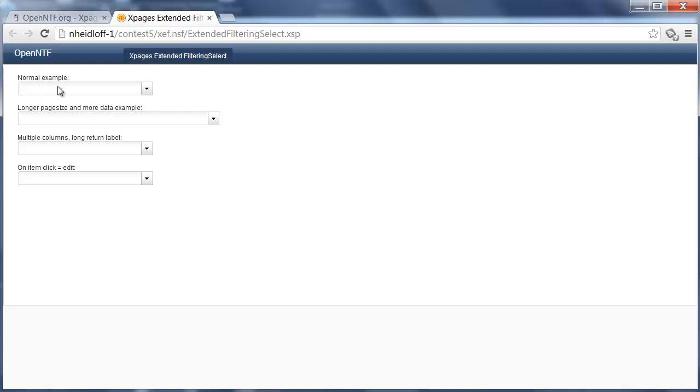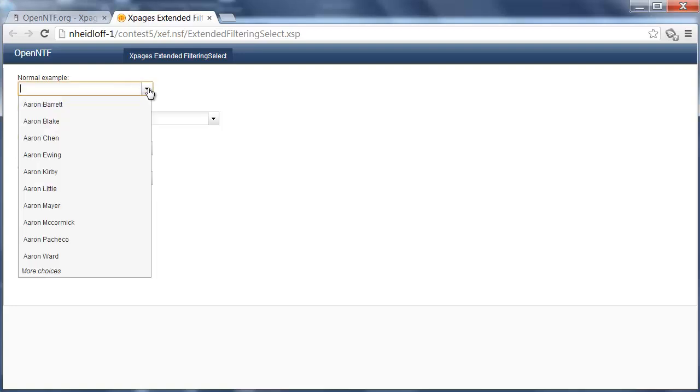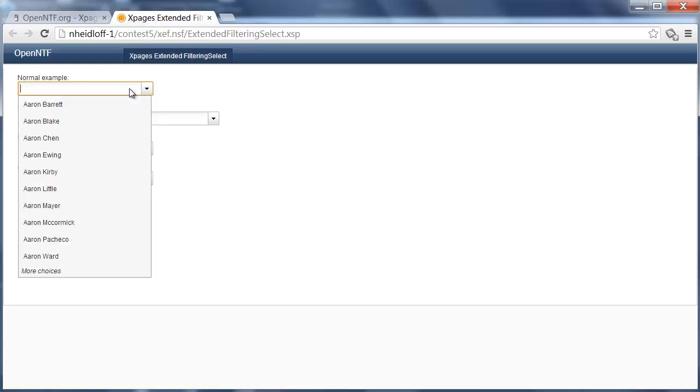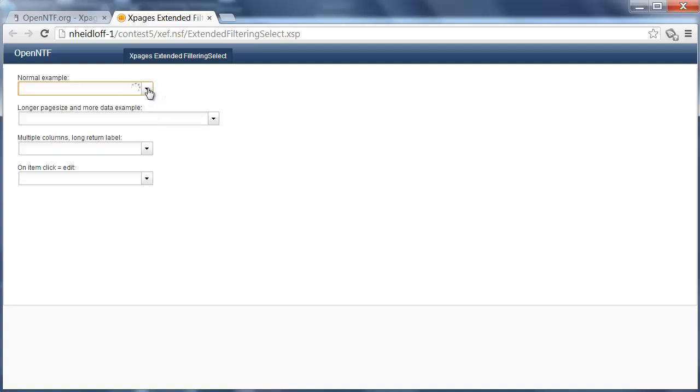Now the first example comes close, in terms of user experience, to what you get when you use the out-of-the-box FilteringSelect control. You can use the drop-down here to see the entries, and you can obviously also type something in to get the search results that match. Now the extensions are here: the loading indicator, which shows up directly in the combo box. While I'm typing, the loading indicator shows up,